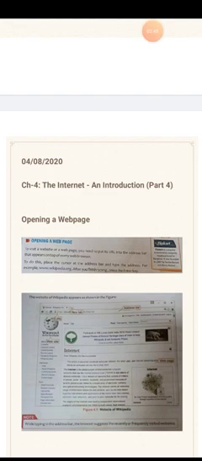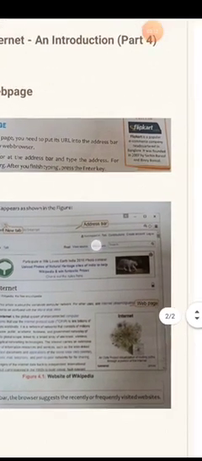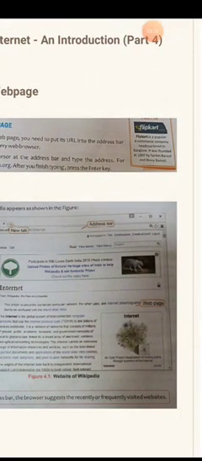So when you open a web browser, you get to see a window which looks similar to any other software that you learnt in MS Word, MS PowerPoint. The similar kind of a window opens, but here at the top you will see, like you can see here, the minimize button, maximize button, and close button.